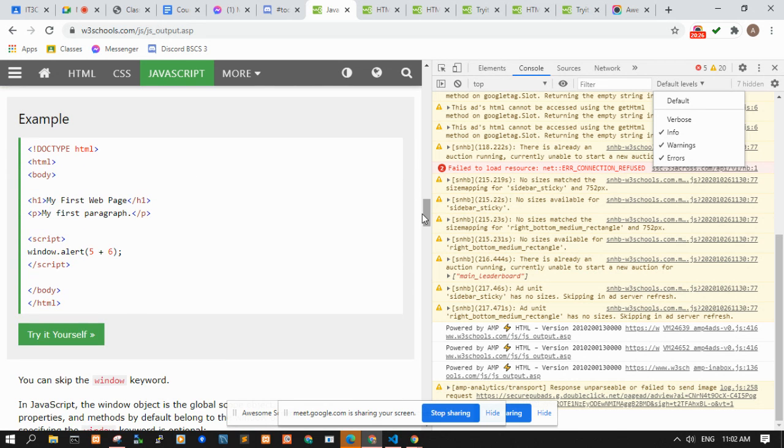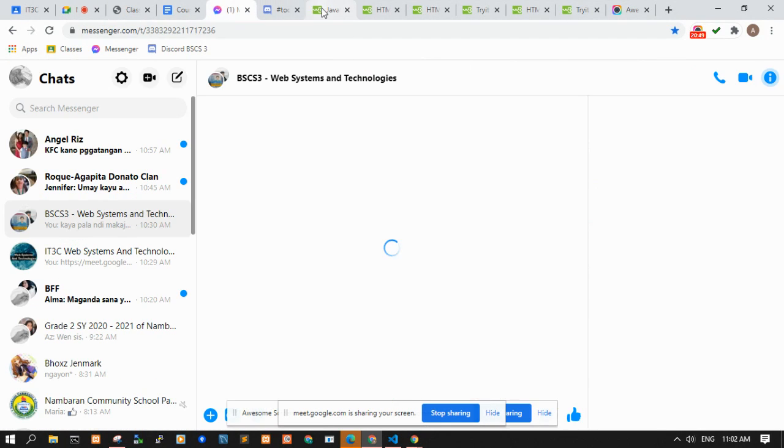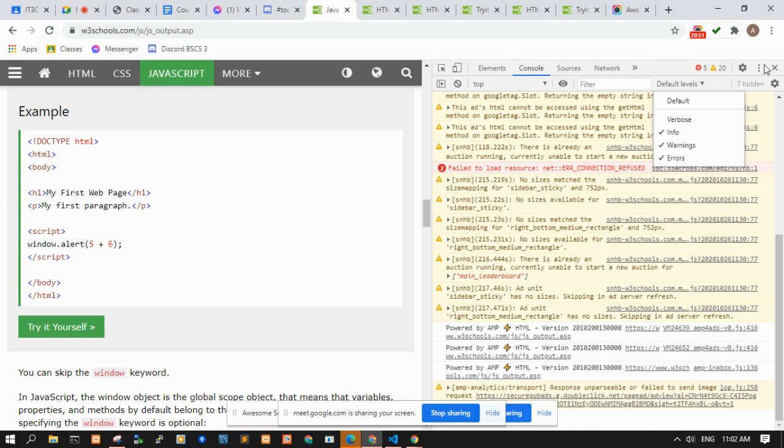When alert is used, it shows a dialog box, just like your JOptionPane dialog box in Java or your message box in C Sharp. And then, let's close DevTools.